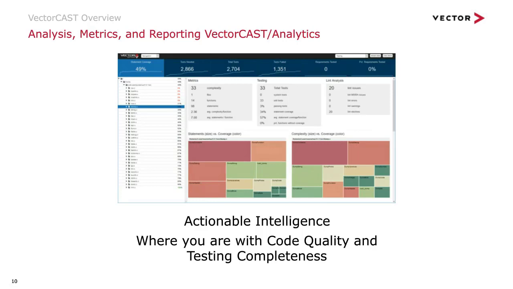Whereas if we wrote test cases for some of the modules that are completely green, we're not going to be adding at all to the coverage. Those tests may be very important, but if our objective is to get to 100% code coverage, then what we want to do is focus our activities on test cases that will actually improve the coverage that we have in the software. The nice thing about analytics is that it gives me a comprehensive view not only of an individual project,